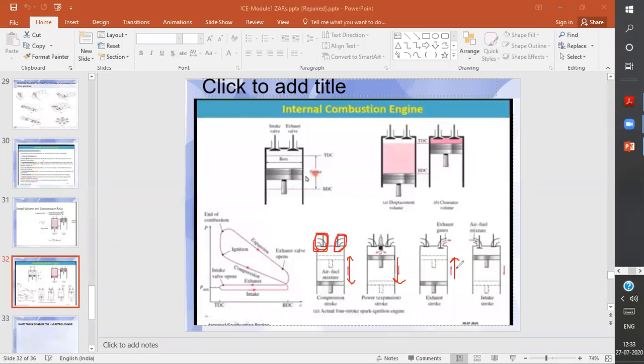In this exhaust stroke, though the piston has reached the top dead center, I am not closing the exhaust valve here. Why am I not closing it? Because now the inlet valve is allowed to open, and it will push these exhaust gases outside. The exhaust gases will be pushed outside, and I will get more time to take the air fuel mixture inside. This is the basic thing I am trying to explain. If you have not understood, just give me a message, and I will explain it more clearly.